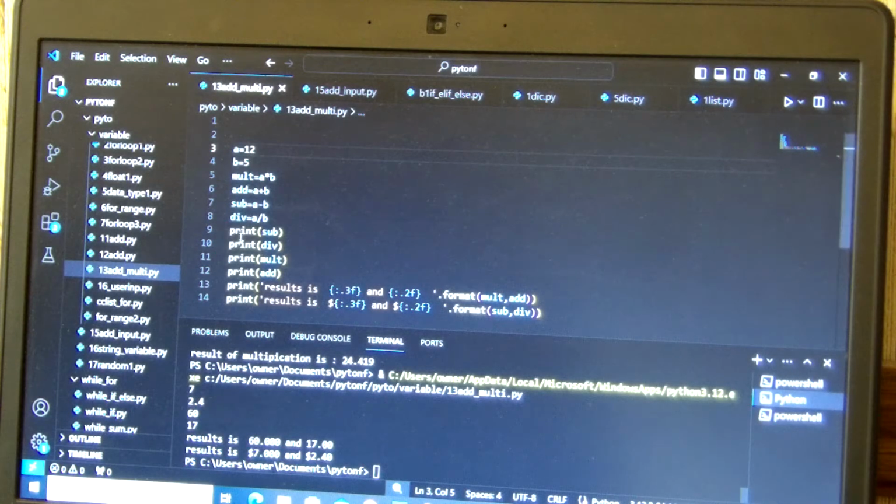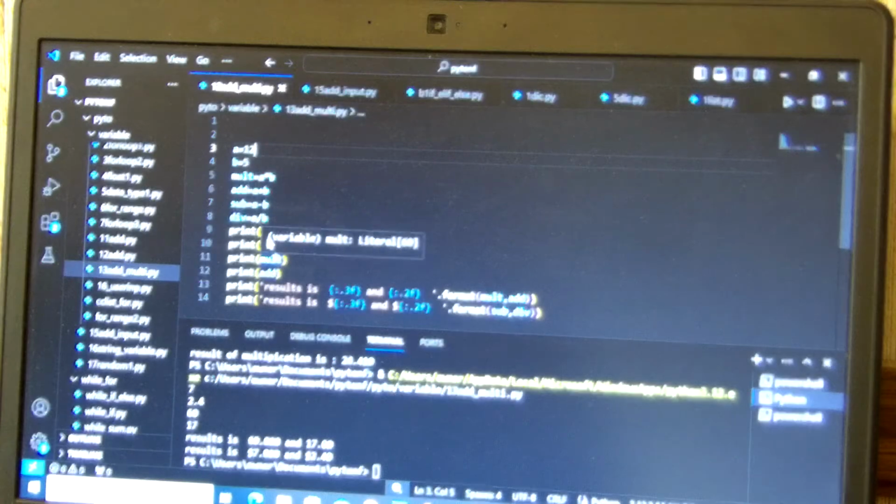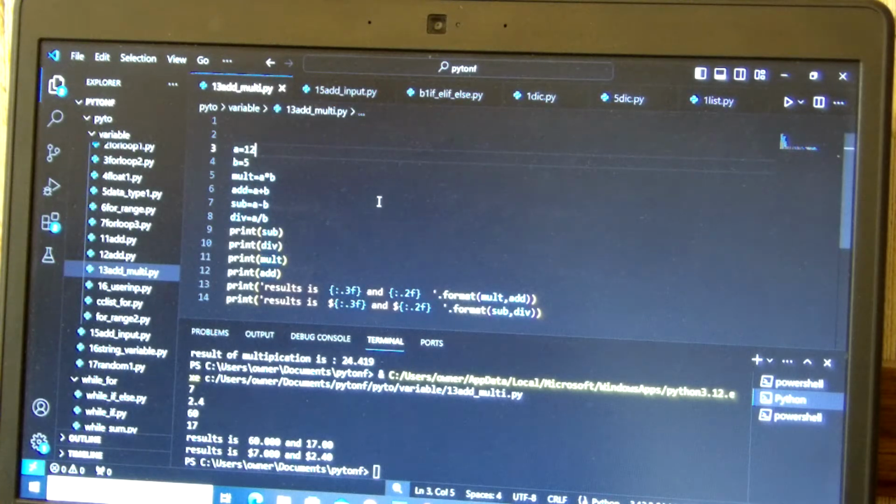Okay, and then see, according to this sequence, subtraction first, division, then multiplication, addition. These are subtraction, division, multiplication. 12 times 5 is going to be 60 and so. So always you could say,